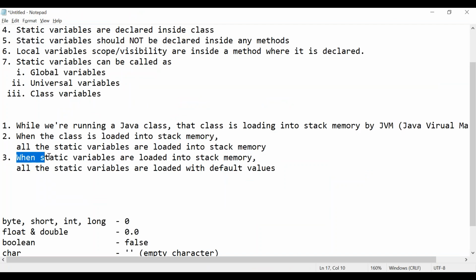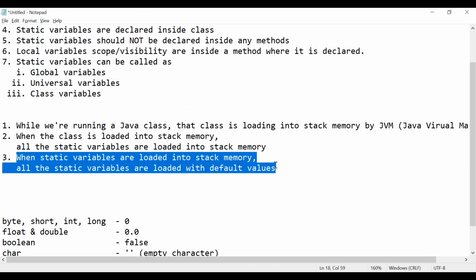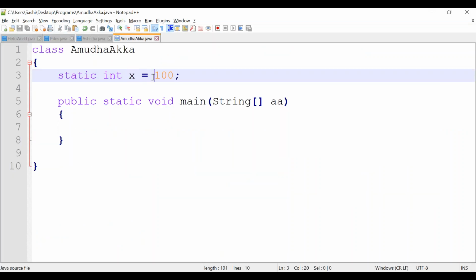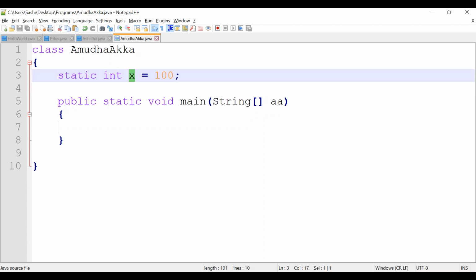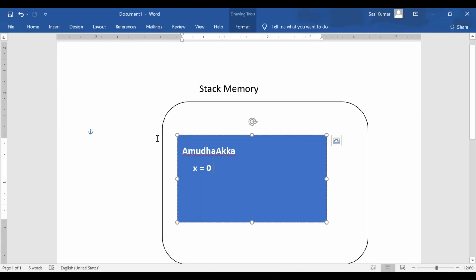What is the third point? When the static variables are loaded into stack memory, all of them are loaded with default values. Here we have only one variable, x. It is int type, so it is loaded with 0.